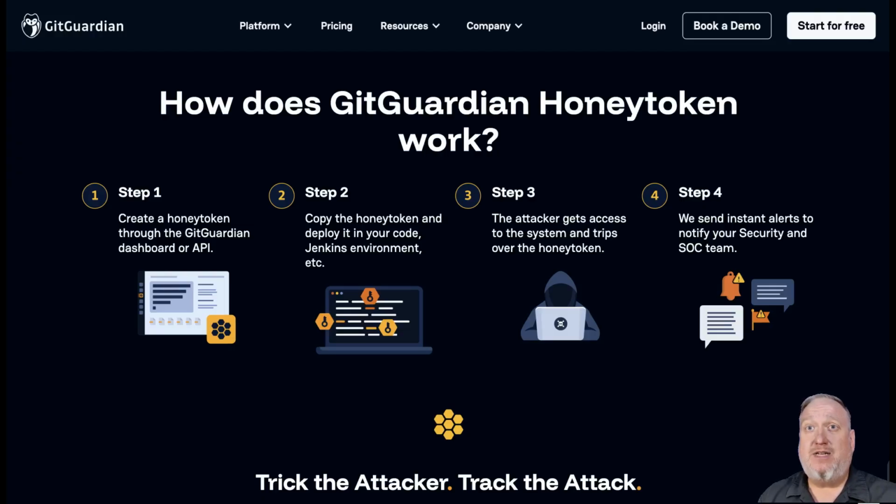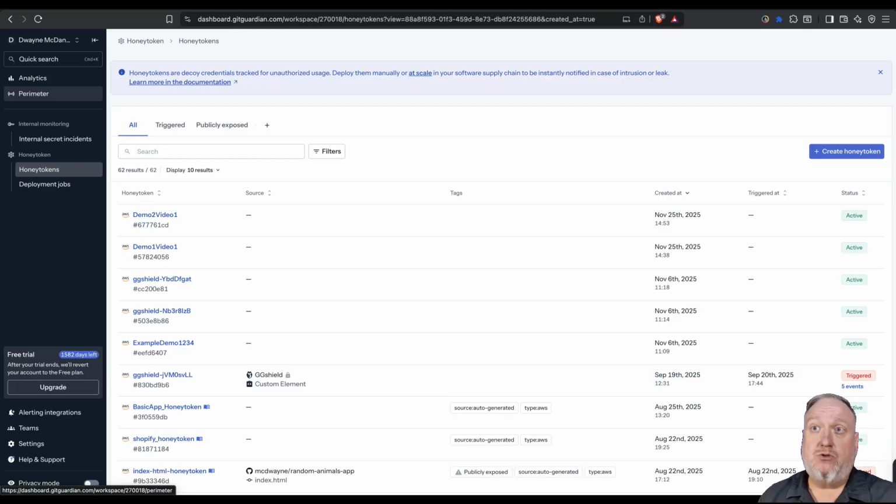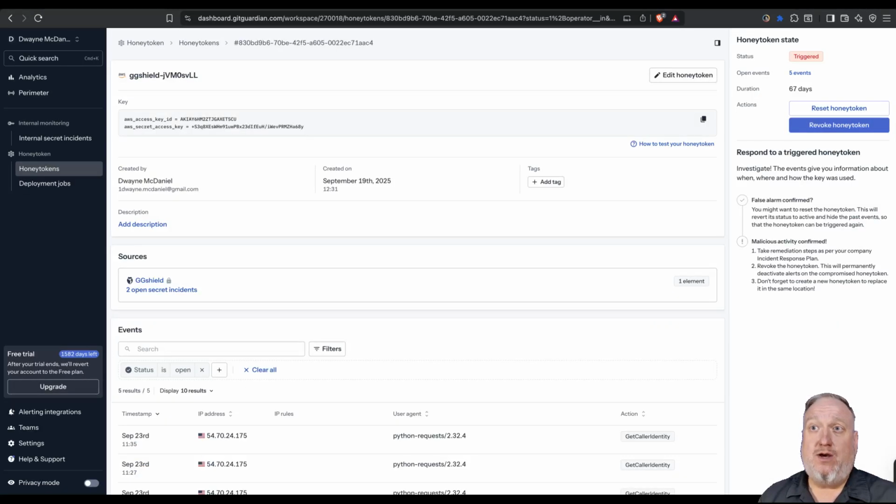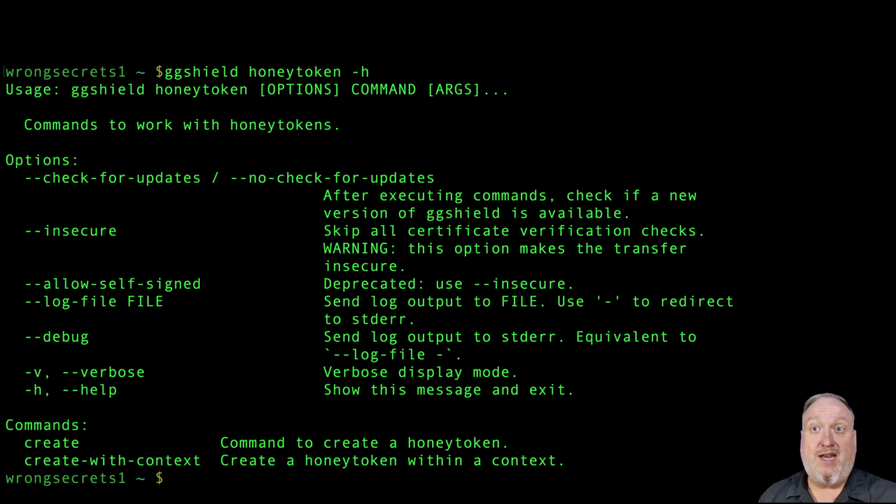This is kind of like a digital tripwire. In GitGuardian, you can create honeytokens through the dashboard or API. They look like real AWS keys because they are valid keys, but they do not allow any access whatsoever. They're also isolated to an AWS account that GitGuardian maintains exclusively for this use case. You'll need to manage honeytokens through the GitGuardian workspace or API, but ggshield allows you to create and hide honeytokens